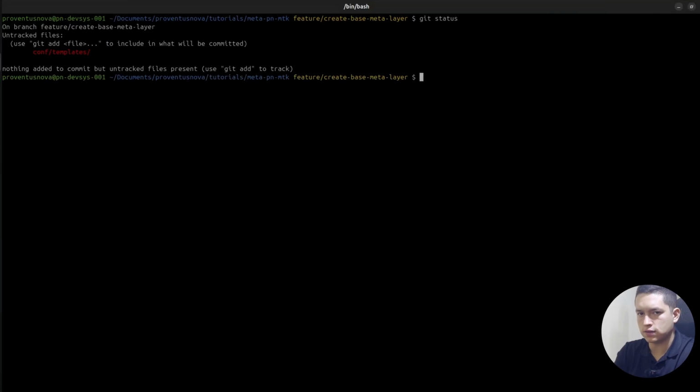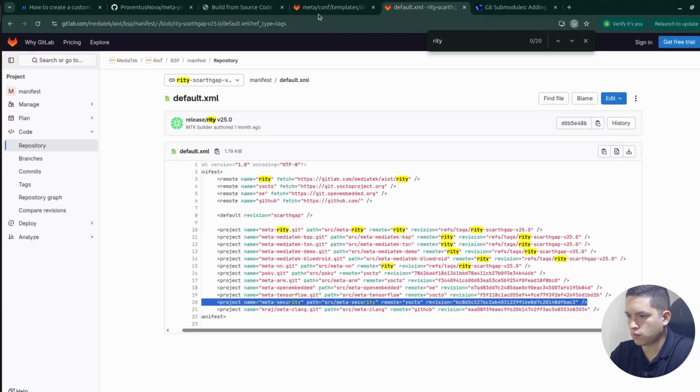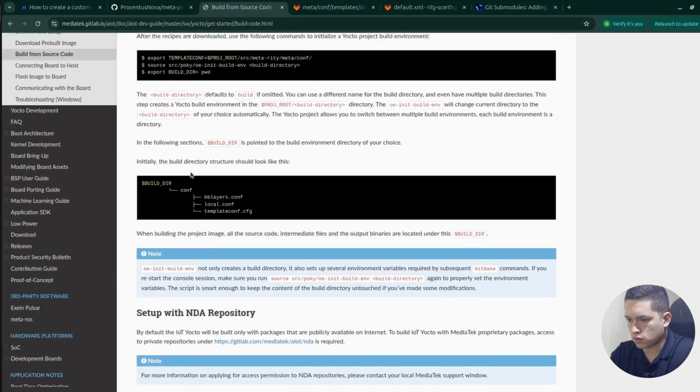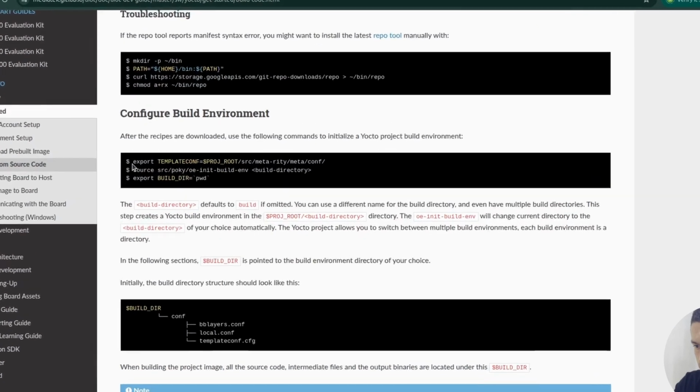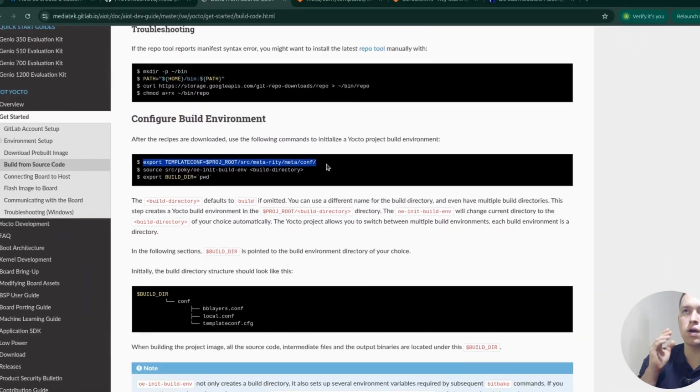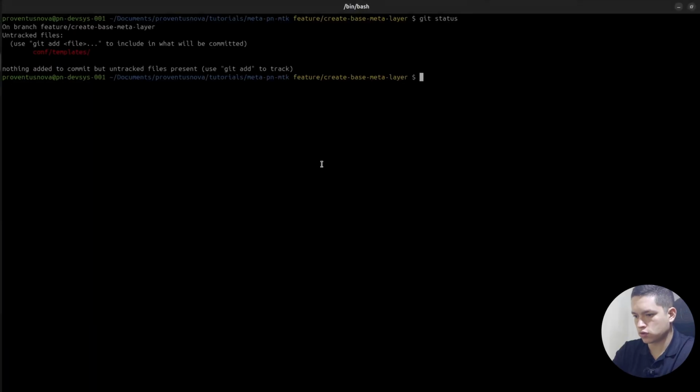Now what we have are the templates, but before pushing the templates we can actually go ahead and build and see if the templates work. That's going to be the best part. So if I recall, I already tried to do that. So just to recap, we're going to look for this command, export template conf. This command will let Yocto know where to go and grab the templates from. So we're just going to do Control C, Control V,